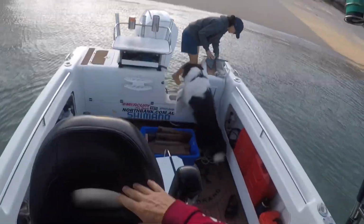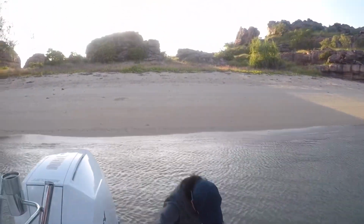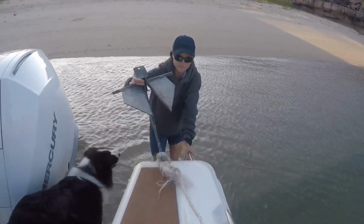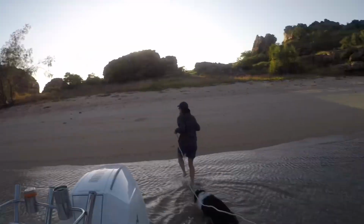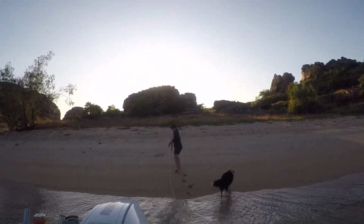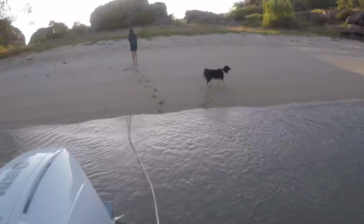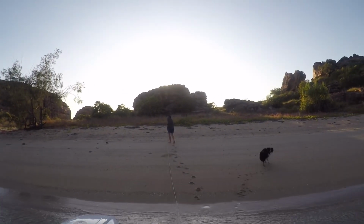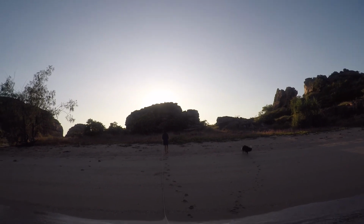There we go. Mishka's keen to jump out as well, she always is. And Kel will take the sand anchor up, place it up there. We've got a decent rope here that we'll just tie off and unload under the sole tree that will provide us enough shade for everyone. Oh, bit of a tangle there, there we go. And then that can just go anywhere. Just keep going up a little bit further. Yeah, about there. That's cool. So while we unload, we'll have that up nice and tight. And then when we leave,